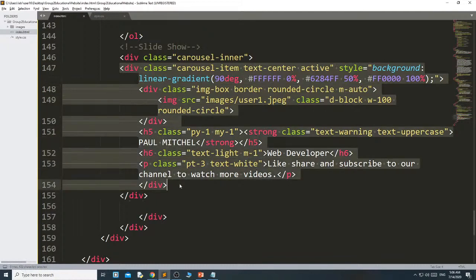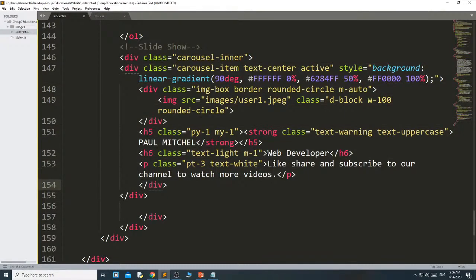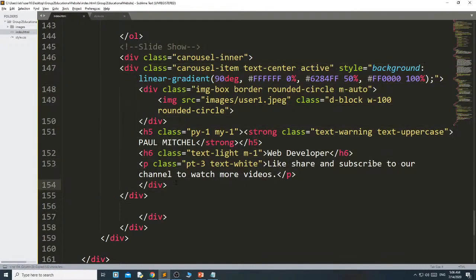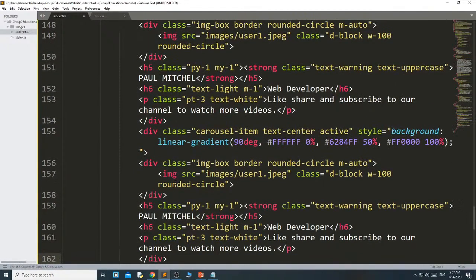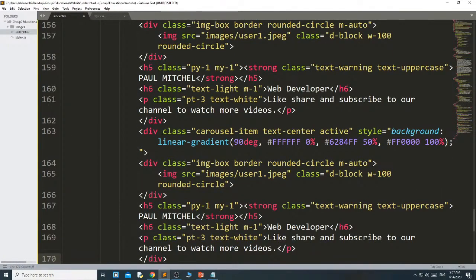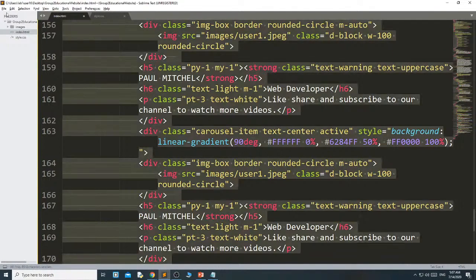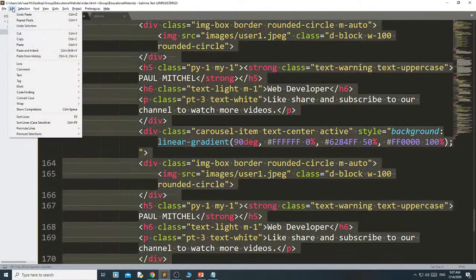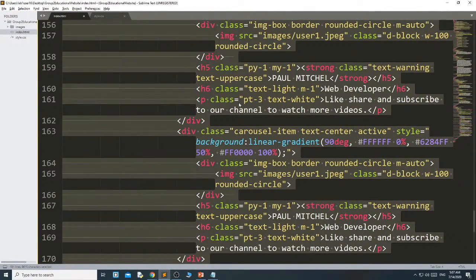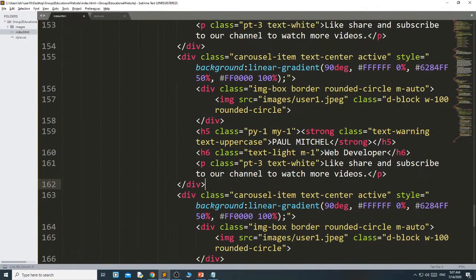You have to check where it closes, like this div. Copy, paste. Let me first margin it, edit, line, reindent.